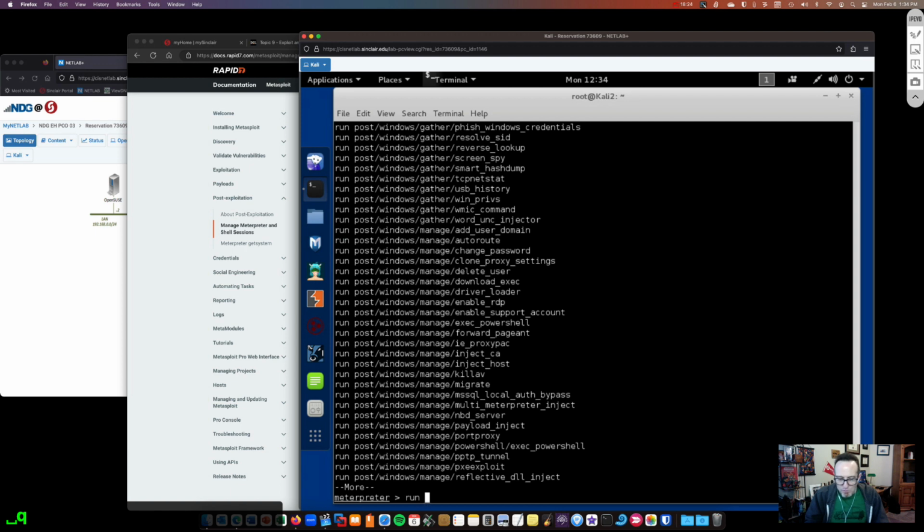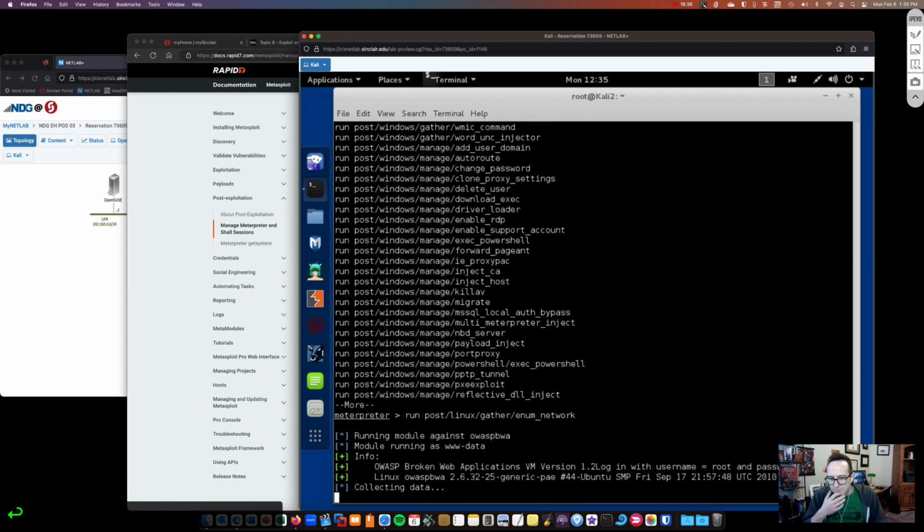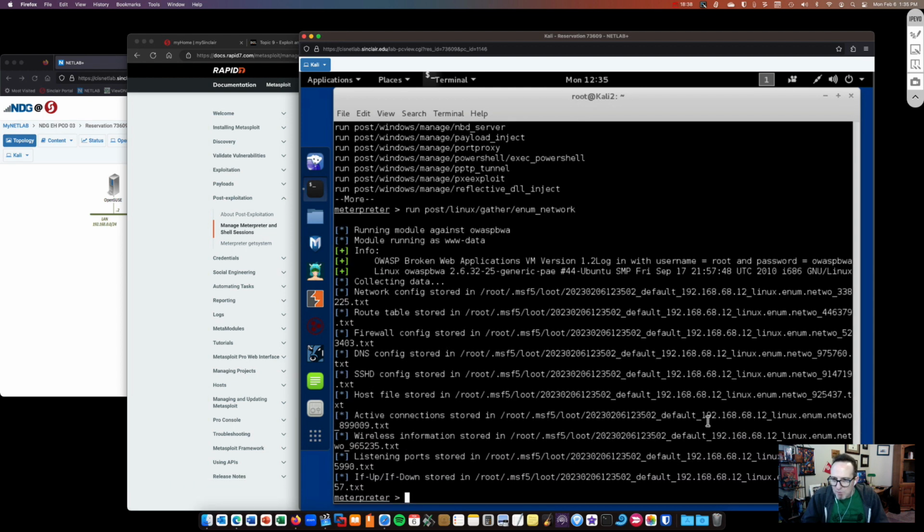So one of the ones we actually ran, it was the run, it was in new network. So right here, it says I found root name and password. So that's username root, and password OWASPBWA. Of course, you would try that out. That's a huge deal right there. So if that worked,